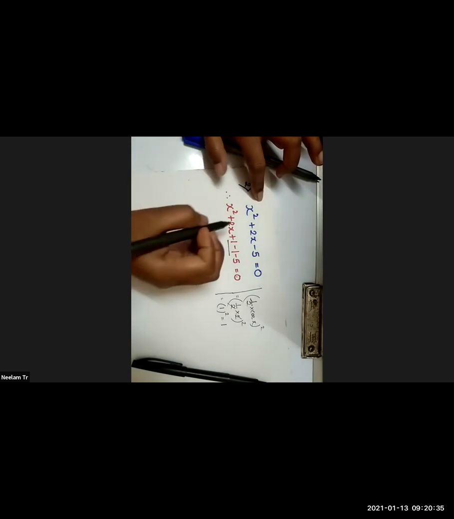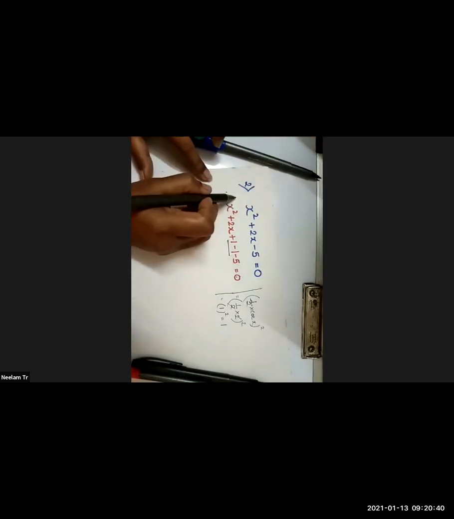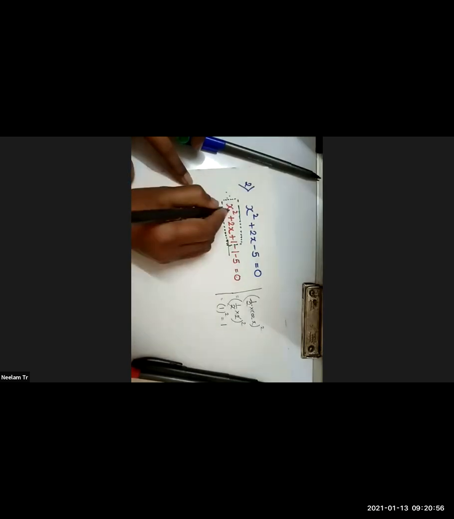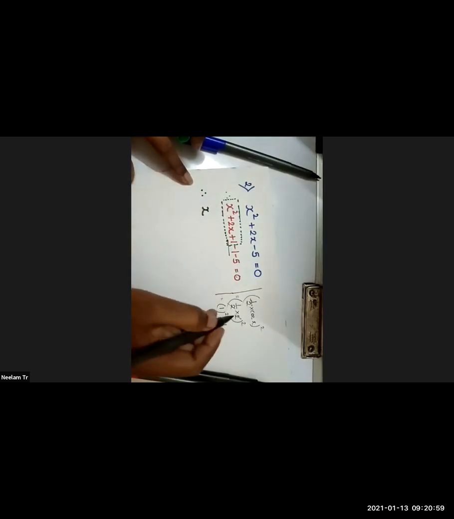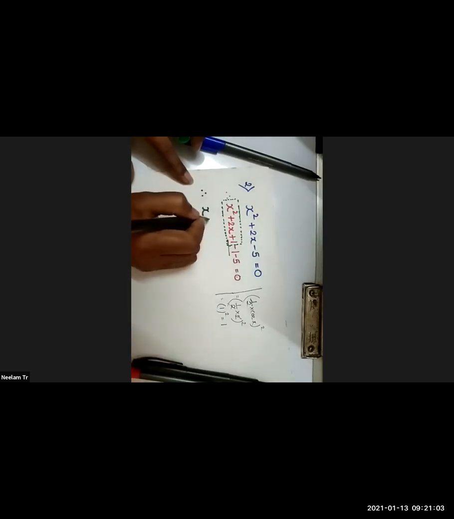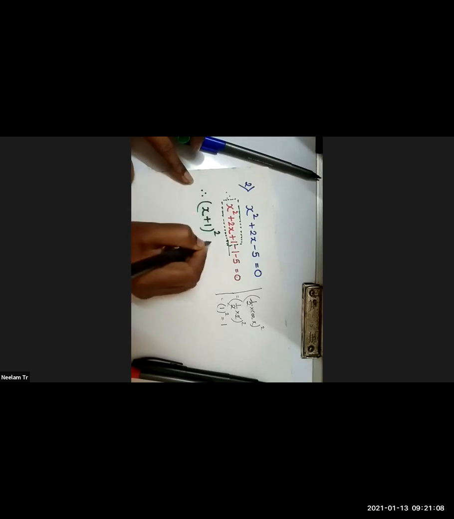Okay, but by doing this, I am getting my complete square. This much I'll get in the form of a plus b the whole square. ठीक है? So that is x will be 1 time. What you will get here? 1. x plus 1. This will be 1 time and the whole square.